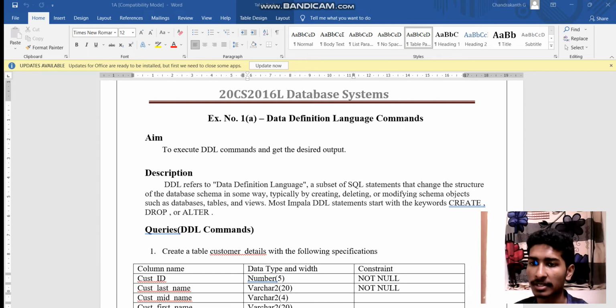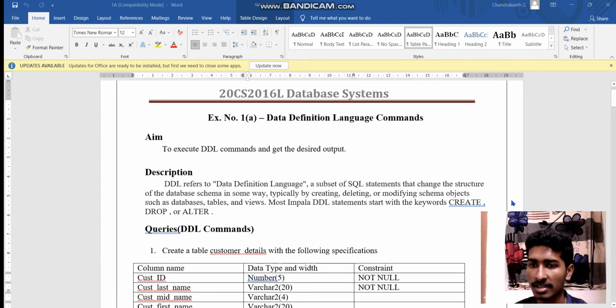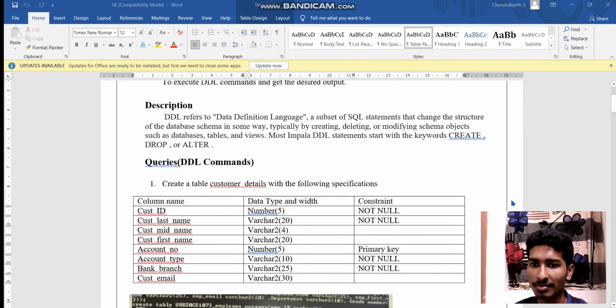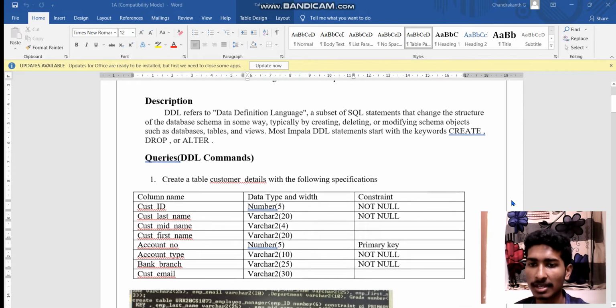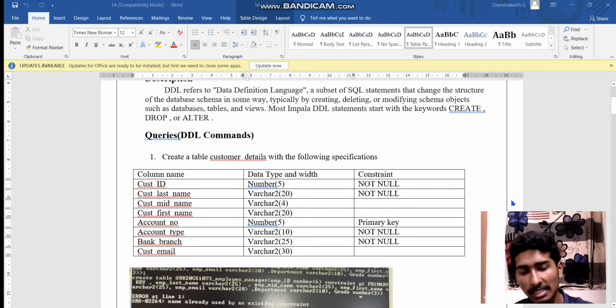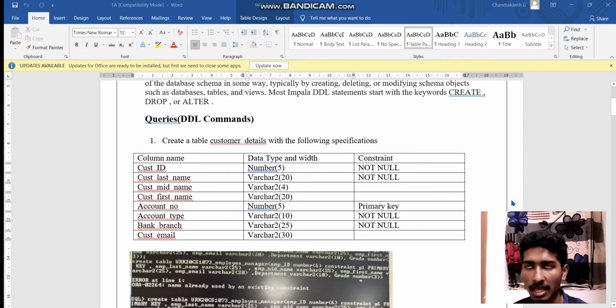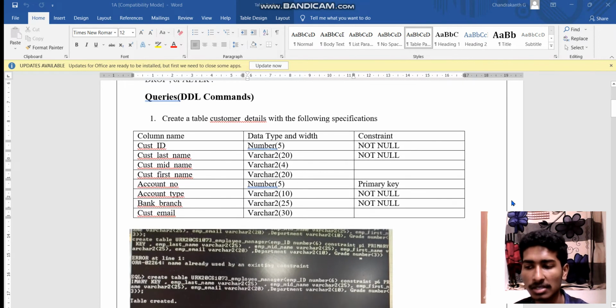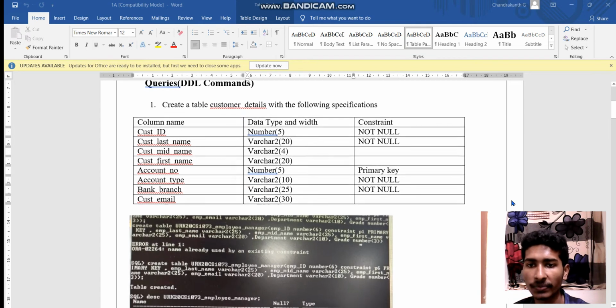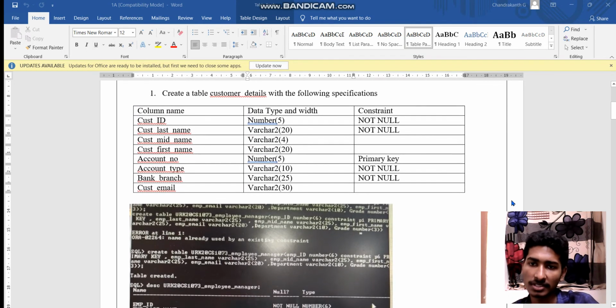So the first experiment is about data definition language commands. These are some basic commands, including creating a table, altering the table, truncating the table, and also deleting the table. Now, in the first question, what we are doing is creating a table with the specified constraints